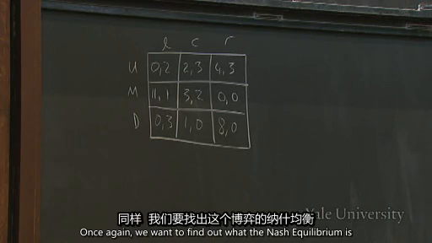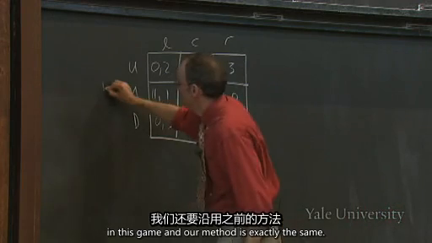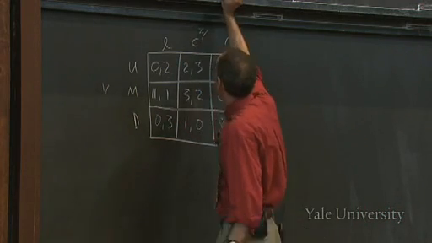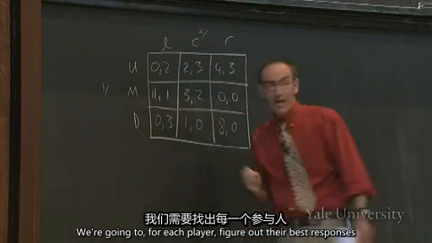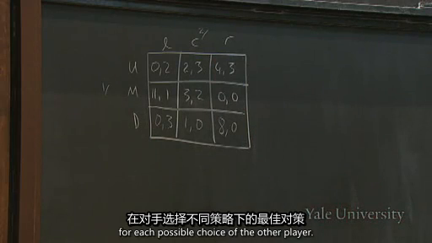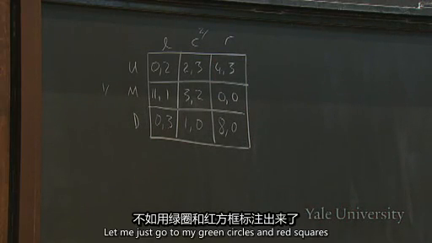And once again, we want to find out what the Nash equilibrium is in this game. And our method is exactly the same. We're going to, for each player, figure out their best responses for each possible choice of the other player. So rather than write it out in 4, let me just go straight to my green circles and red squares,